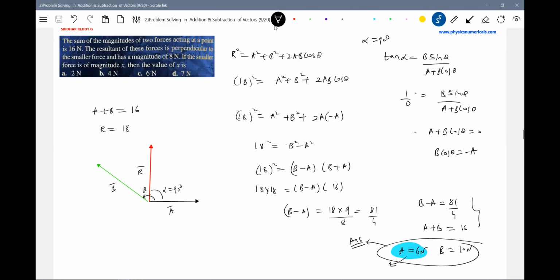So what I am doing is, immediately after reading the question, we go for a diagram, then looking at the diagram, what are the known things and unknown things. We write the equation, then we take up the mathematics, how we can simplify. That is the only method available to solve this problem.